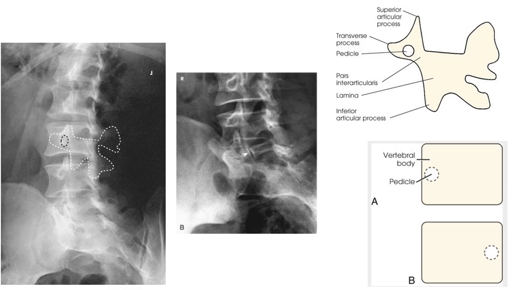So in the image shown here, we're looking at the Scotty dog. We can see that the transverse process is the nose. The superior articular process is the ear of the Scotty dog. The eye is the pedicle. The inferior articular process is the paw or the foot, and then the body is the vertebral body. And so if the pedicle is too far anterior on the vertebral body, which we'll take a look at, there